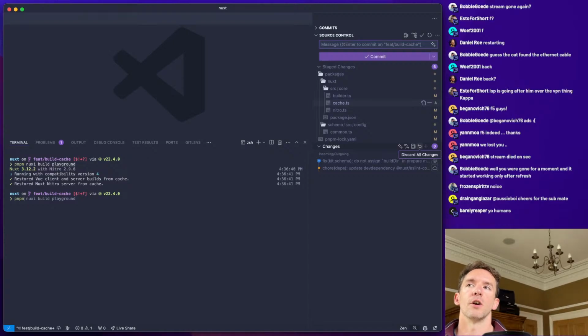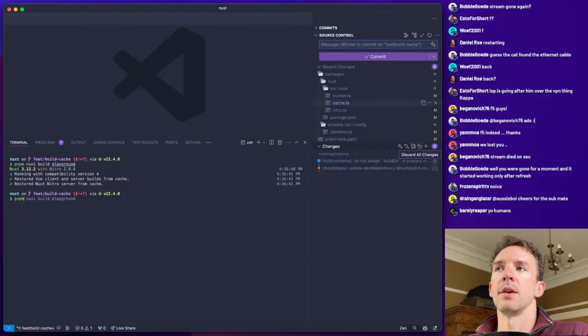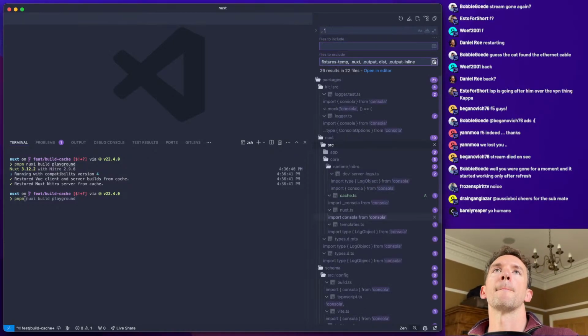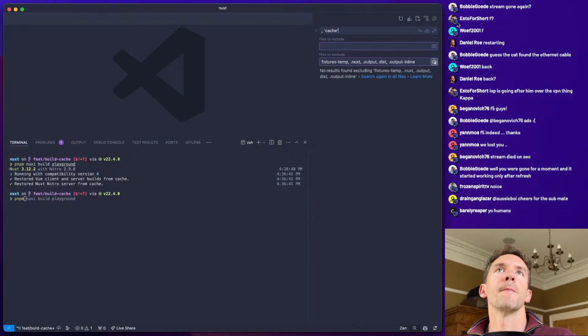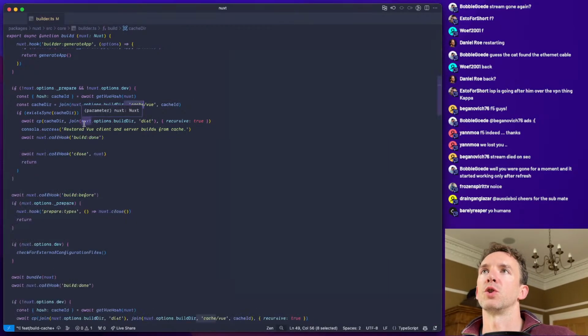So as in not in the build directory at all, because that's where often it can be restored from. So let's try that instead. So instead of builder, we should join